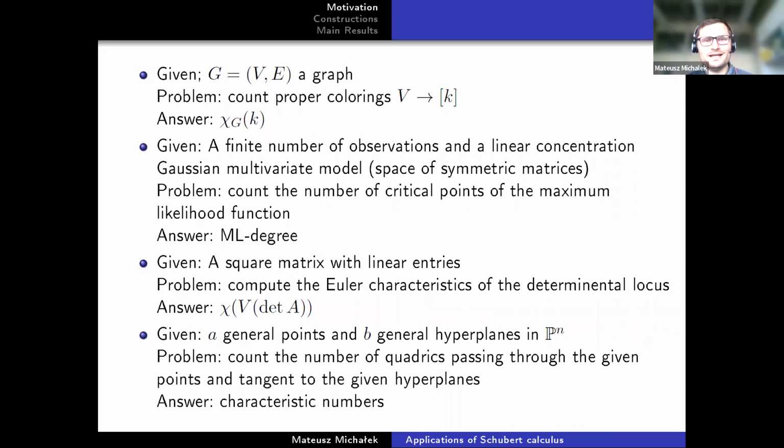So this is one kind of problem that I like, but there is maybe a better question to be phrased here, namely, how does this function that counts the number of proper colorings change when we change k? And what is really nice, and can be proved, for example, by induction on the number of edges, is that the answer is a polynomial in k.